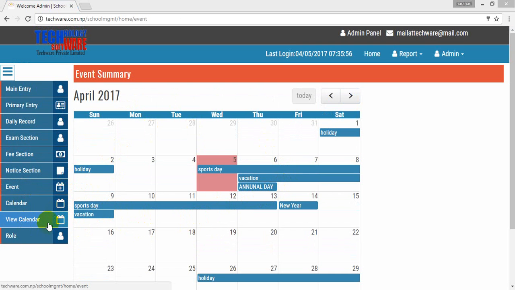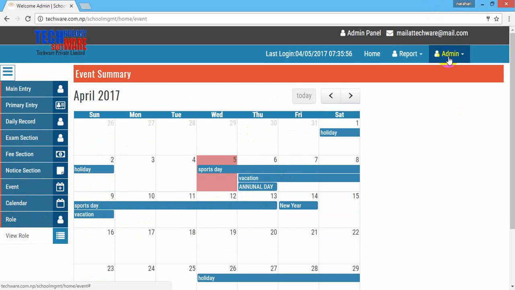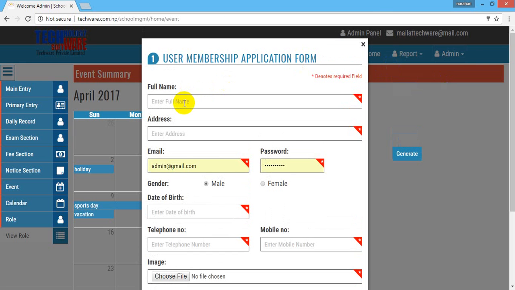Last but not the least, the last section is our role section. Here you can view role. For that, we first have to log in by admin, so admin will create the role for every user you want. So for that, let us go to this section, admin, create role. Now for which user do you want to create the role? Suppose you want to create the role for